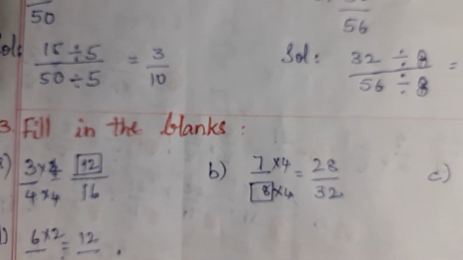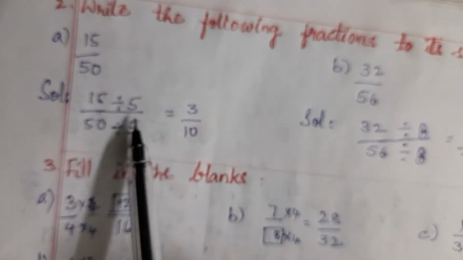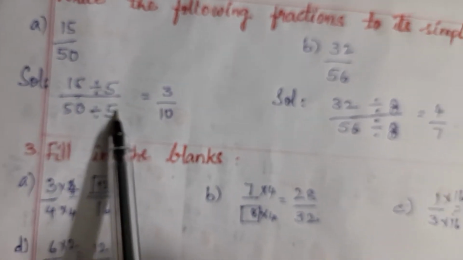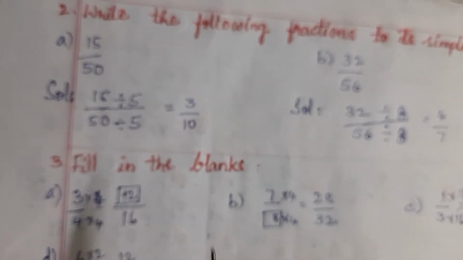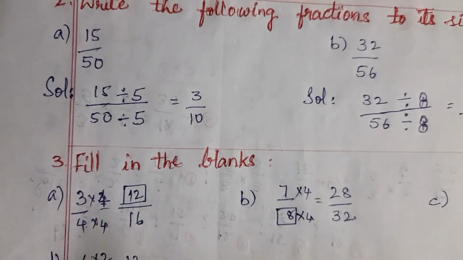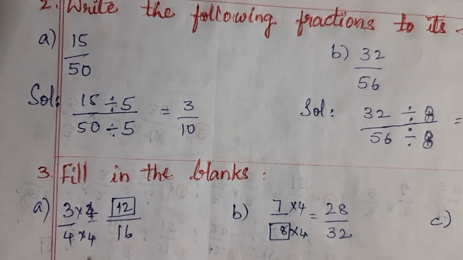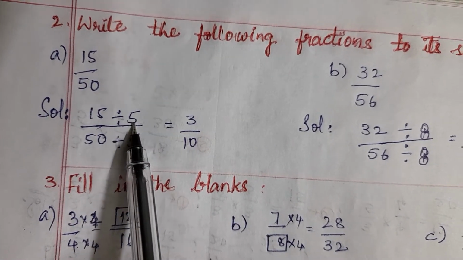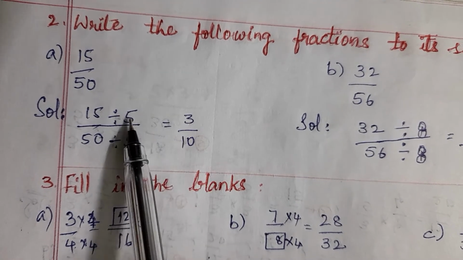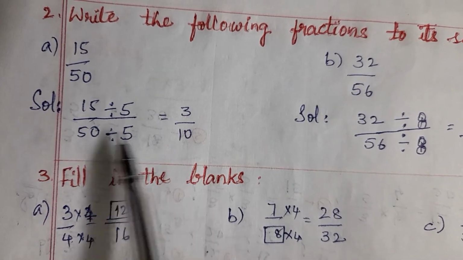It is clear, we know that by seeing the numbers we can know, but through the HCF method also, whatever the HCF is, if we divide with that number, our answer will be correct. There is no need to think in which table it will go, it will be divisible. Clear children? So 15 divided by 5 is 3. That means 5 threes are 15, 5 tens are 50.